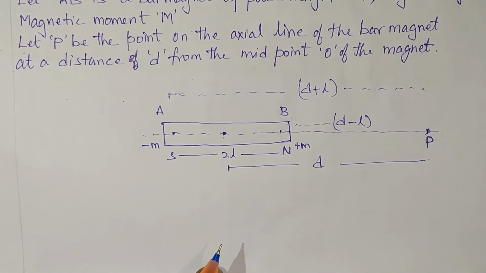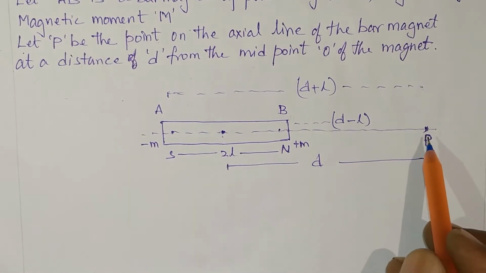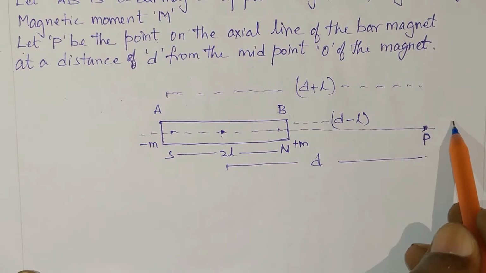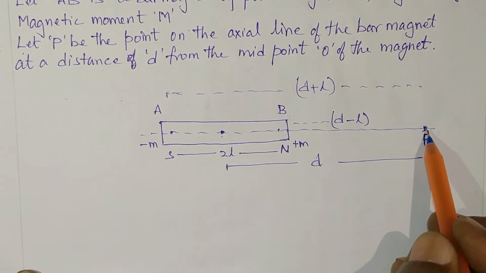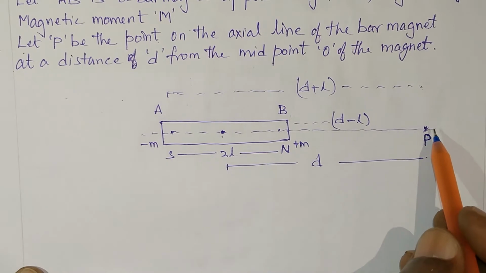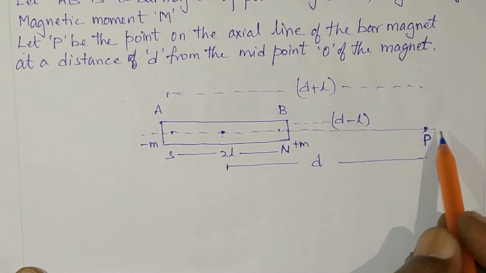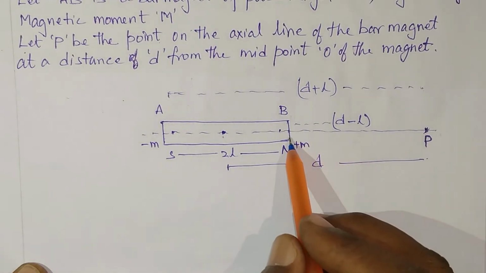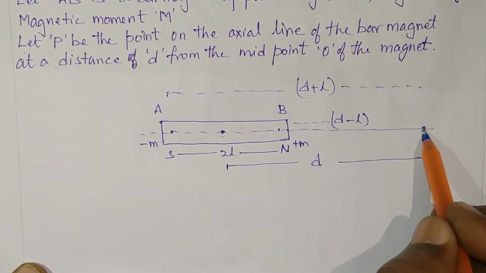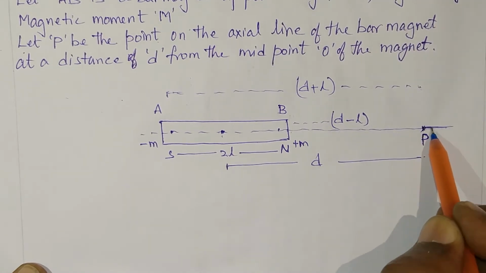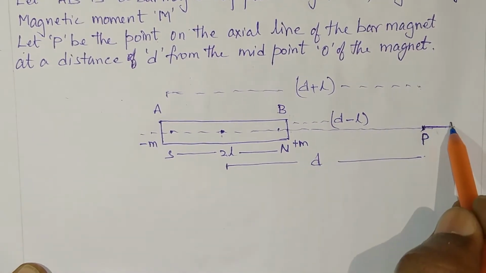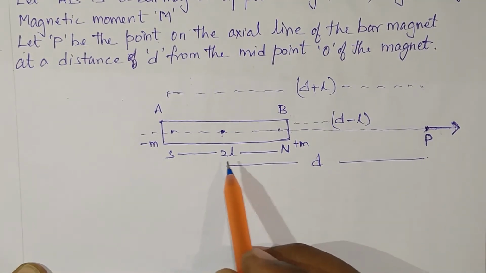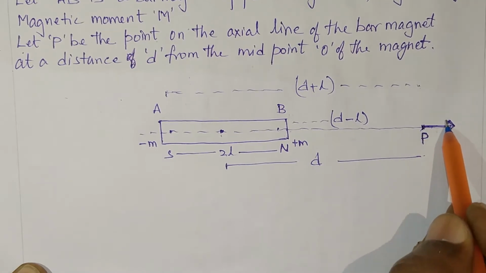Now, to calculate the magnetic induction at this point, practically I showed that I placed a unit north pole here. I placed a magnetic compass. Consider this is a unit north pole. When I placed a magnetic compass here, we saw the direction of this north pole. So this opposes the north pole. Therefore the induction of this north pole at this point will be in which direction? In the direction of the magnetic field, in this direction.